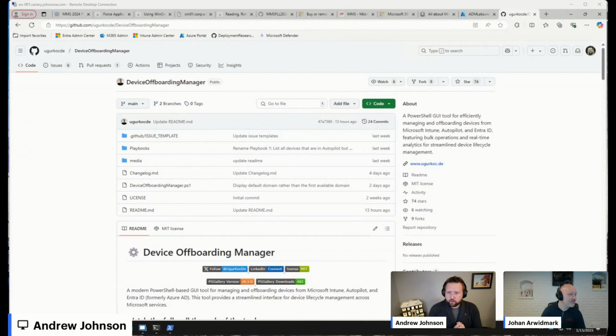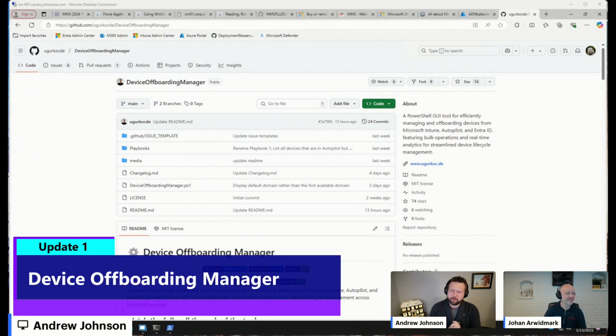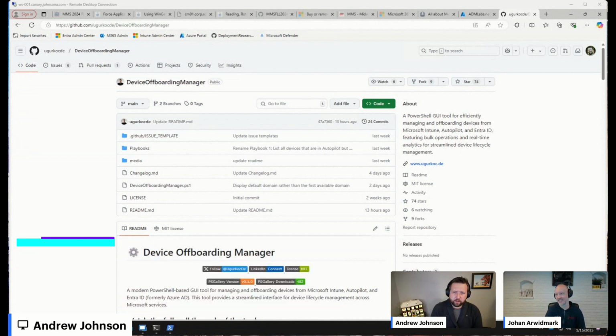All right. So the first thing that I have here, it's funny. This gentleman has been quite busy. It seems like for the last several months, and I may have even mentioned that last week. Ugur Cook put out another new tool over the last week called the Device Offboarding Manager. This is a GUI based in PowerShell that he's put together that will help you offboard devices from Intune, Autopilot,